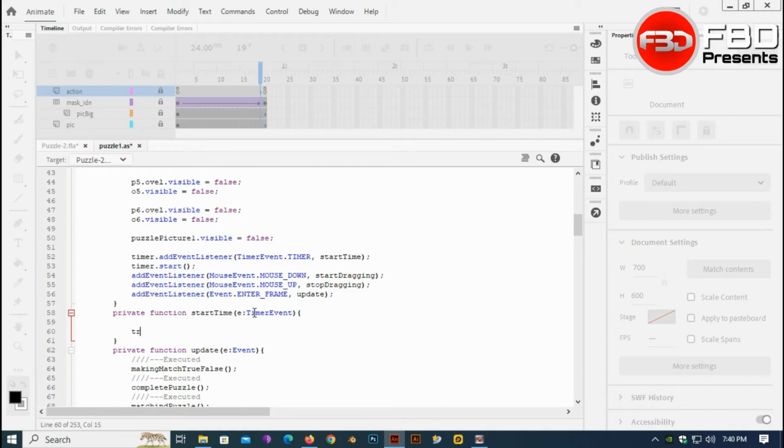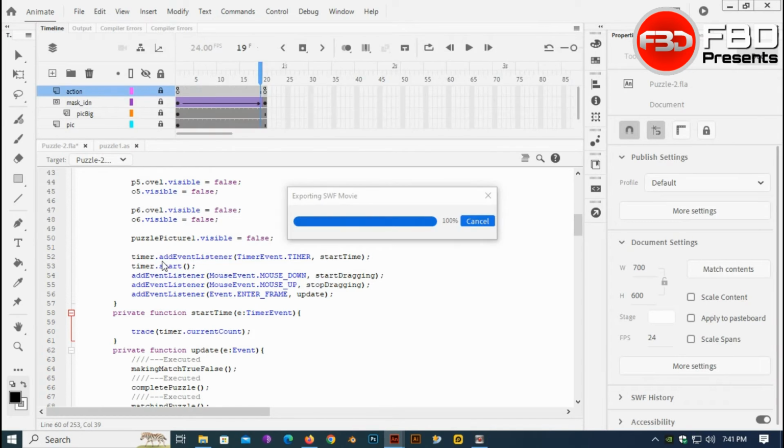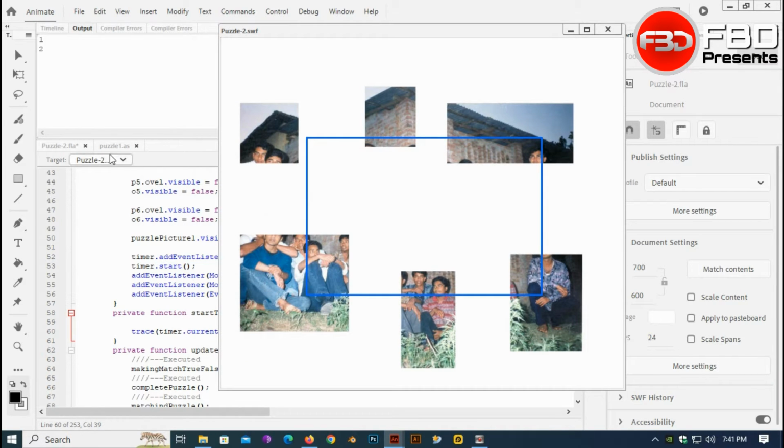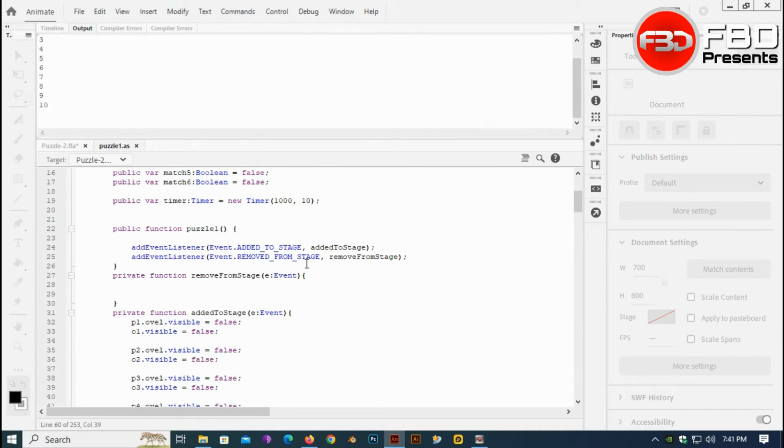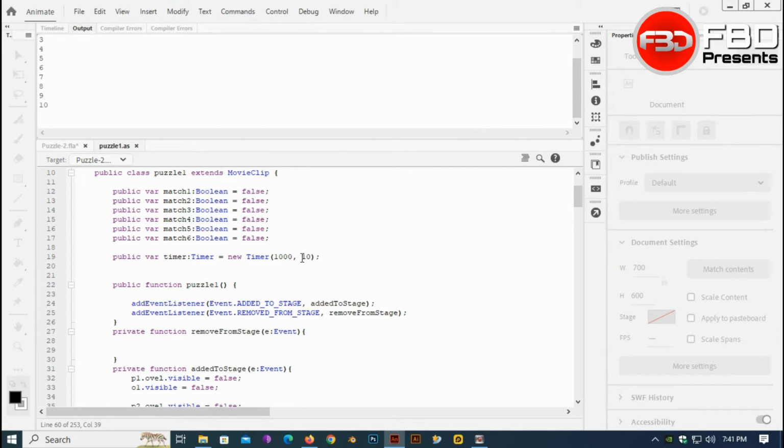If I trace the timer, trace timer.currentCount, you can see here it will be counting 1 2 3 4 5 6 7 8 9 10, and it is done, because here I have created the timer for 10 times. Okay,